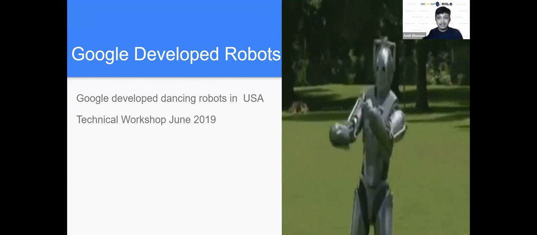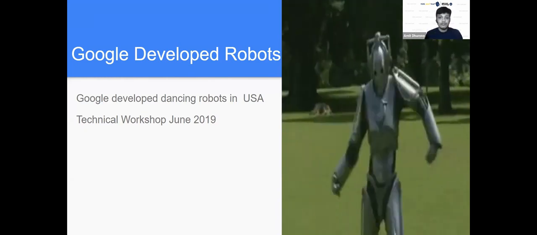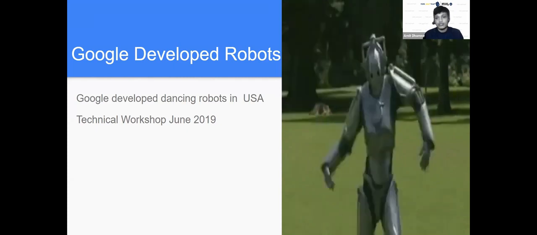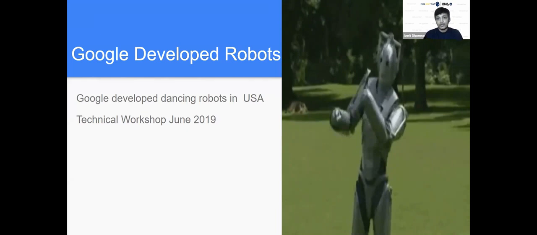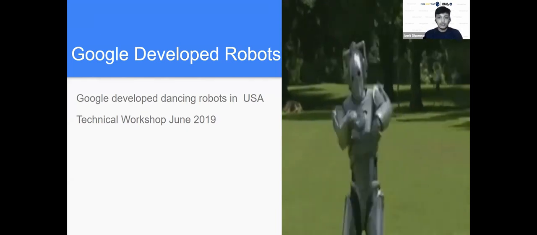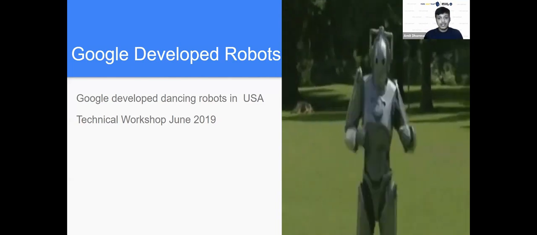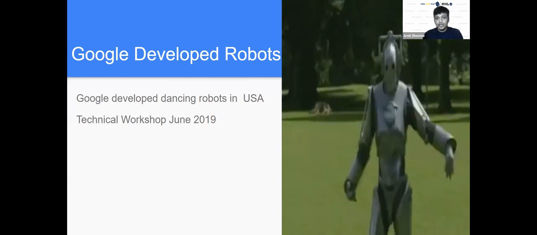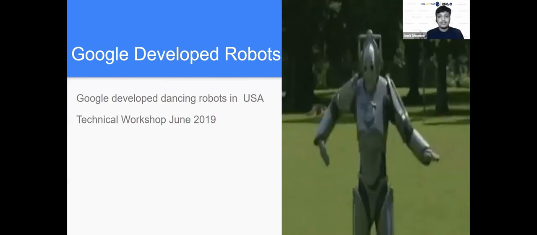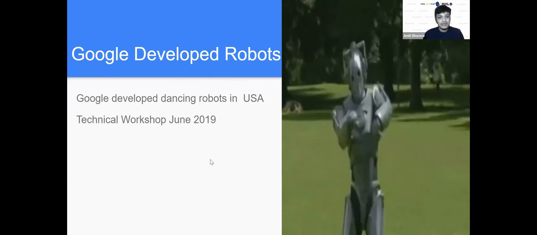And this robot is not only dancing. This robot's name was based on the Google Siri. We have given the name to this robot, and this robot was efficient enough. We still have this in a Google lab in the US. I did not get a chance to see it, but I've seen this video. This robot was efficient enough to make a decision, calculation, lifting, pushing, pulling, all the operations it does. And we just need to give it an instruction. Let's start dance, Siri. It starts dancing. So like this, we have seen the robot.